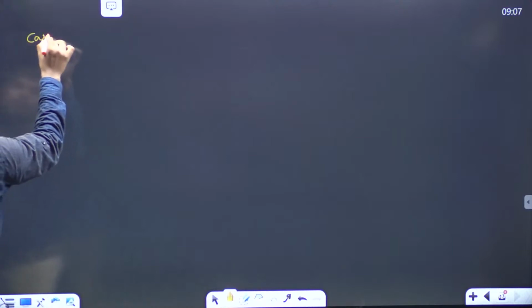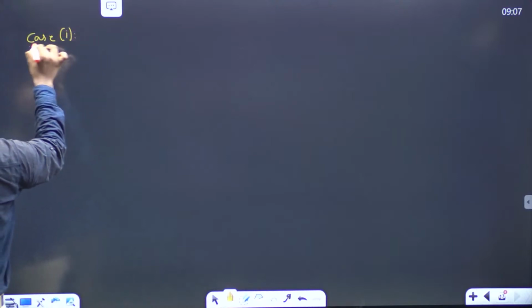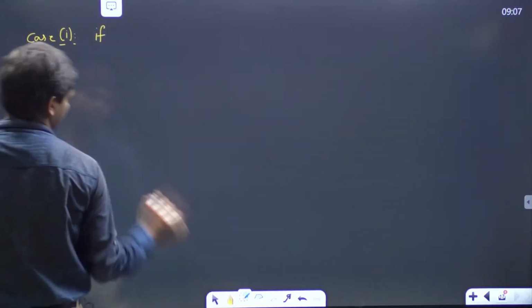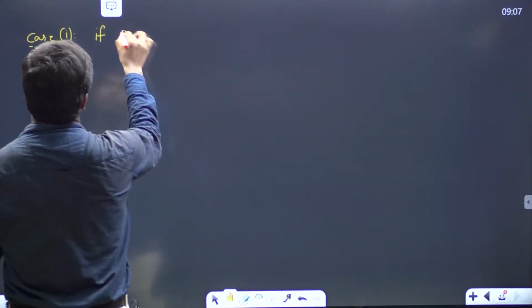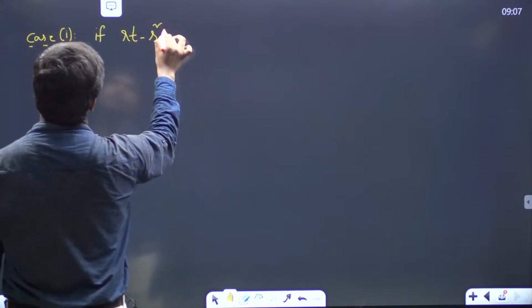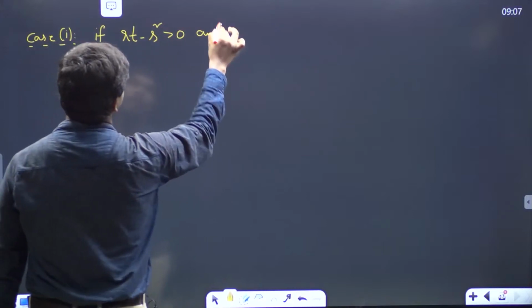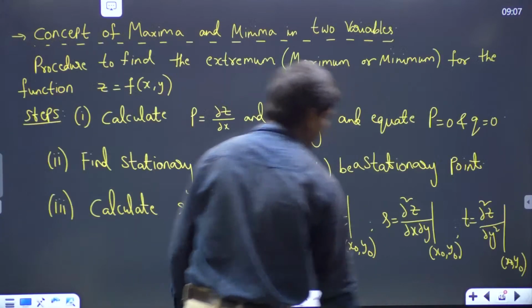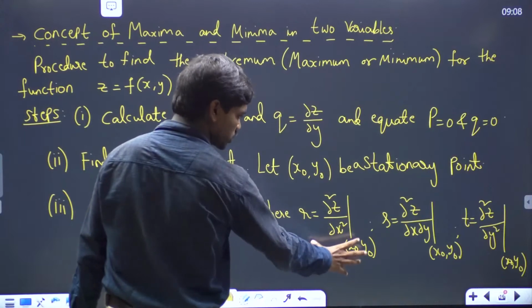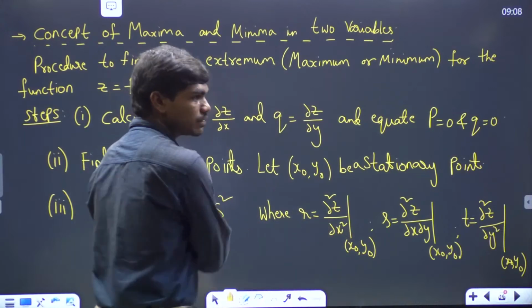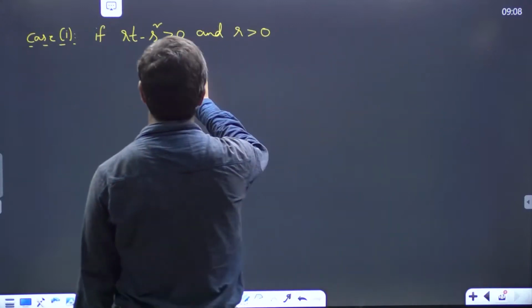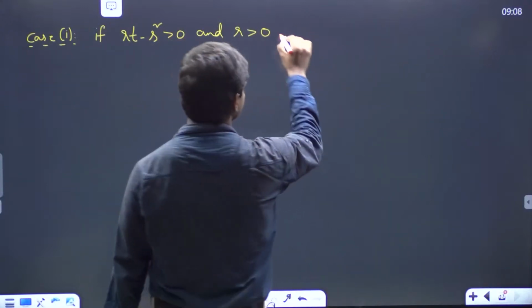Case 1. If RT minus S square is greater than 0 and R is also greater than 0, means basically when you evaluated these values, this value should be positive, and also this complete value RT minus S square should also be positive. In that case, if RT minus S square is greater than 0 and if R is also greater than 0,